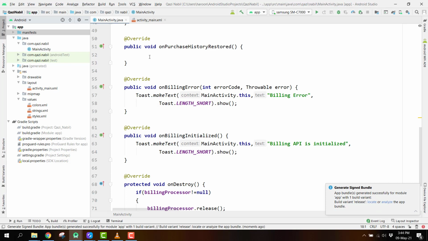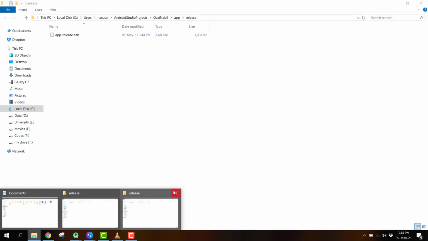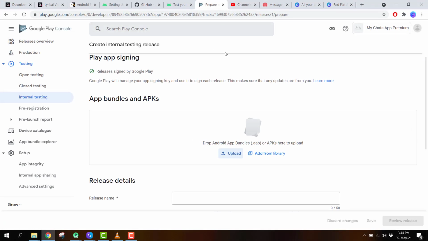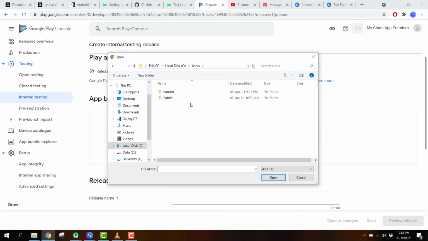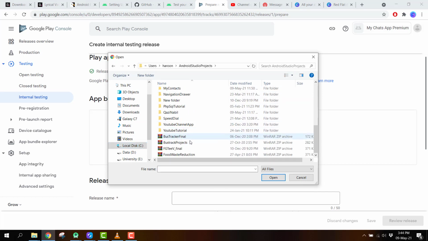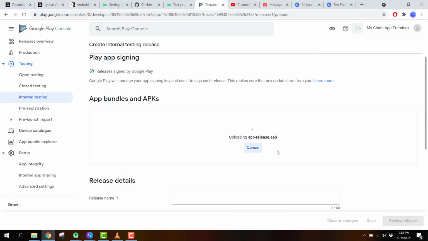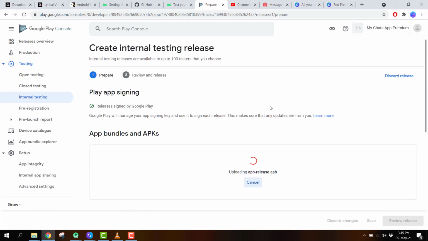So there you can see we already have generated the file. So let me just close all the folders. There we can see we have this app release. So here we can upload the release file. Here I will just open where we had the project. Here we can say app release, and the app release .aab file. Alright, and after we upload it successfully,